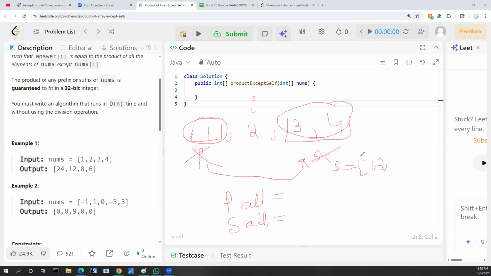If I put my suffix here, and my prefix in a separate array as 1, I need to make sure that when I multiply suffix with prefix, if I run a separate loop, or come up with a multiplication method, this 1 gets multiplied by 12, and then this 2 gets multiplied by the suffix 4,